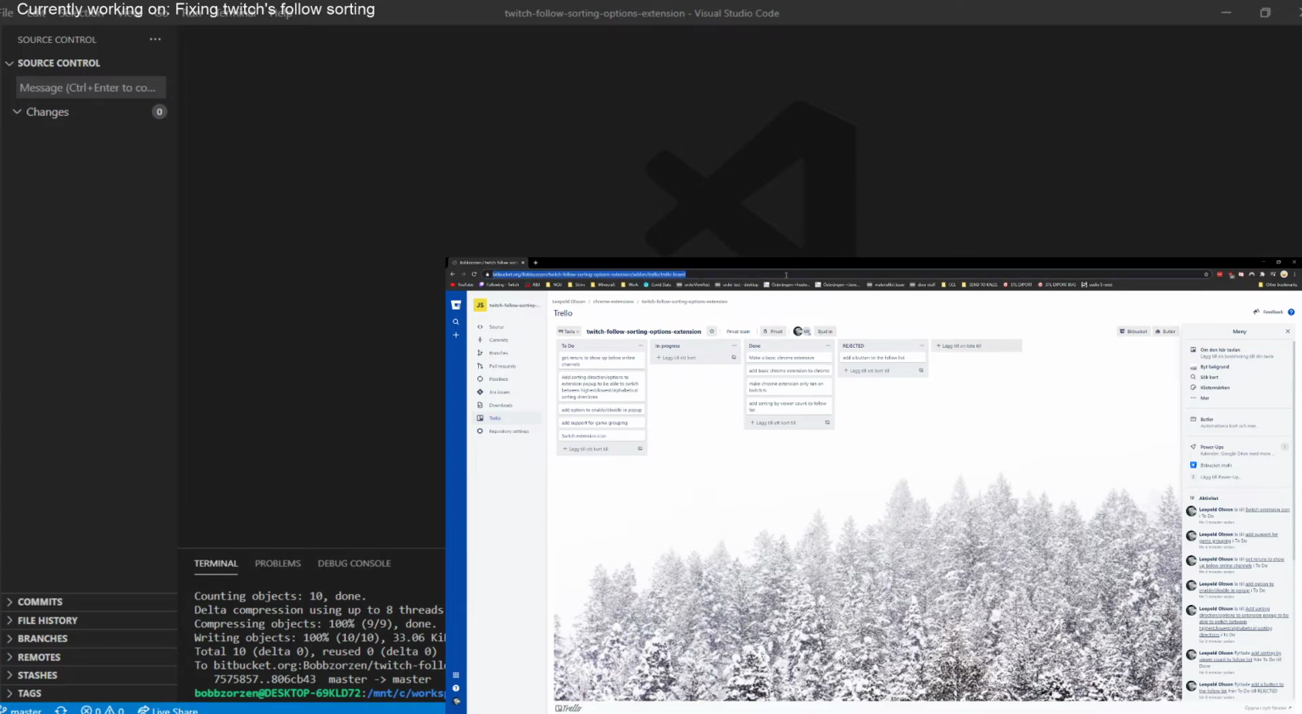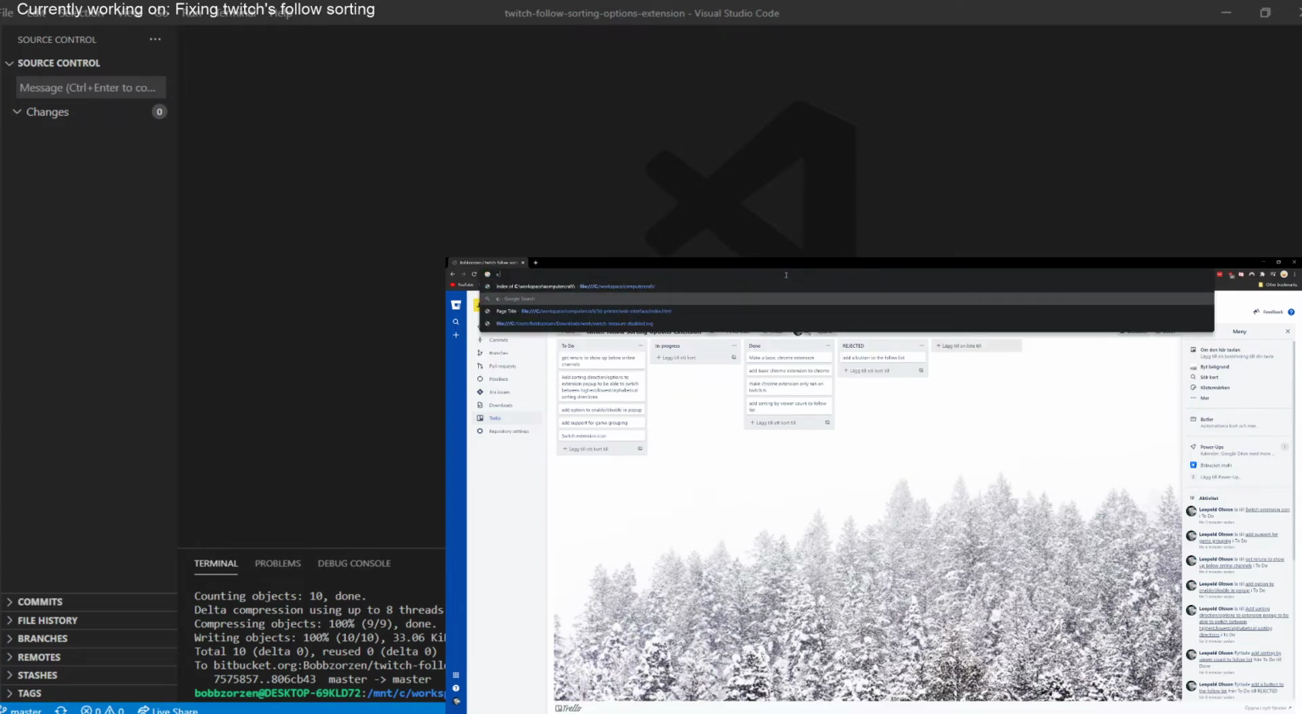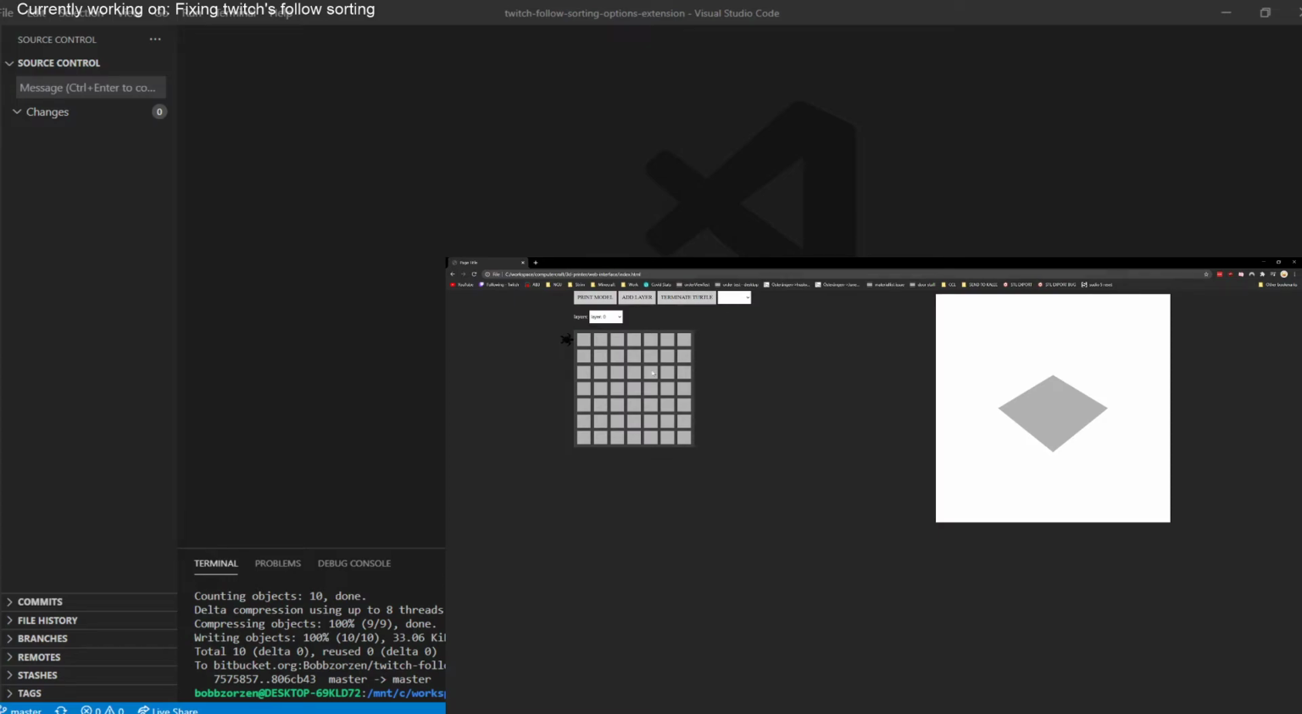Browser off again, and then semicolon. Then